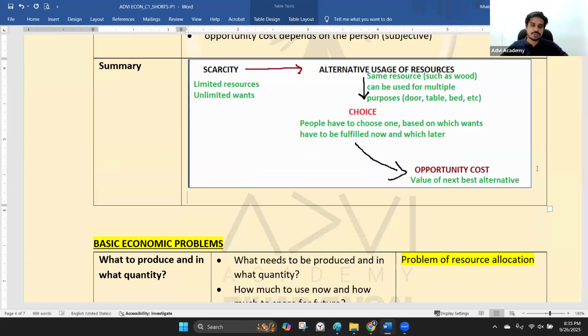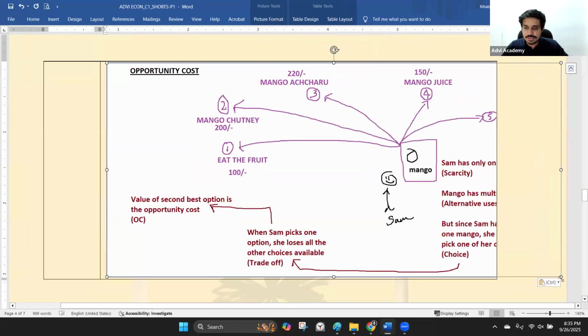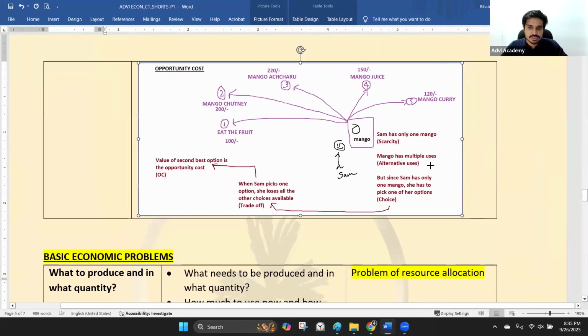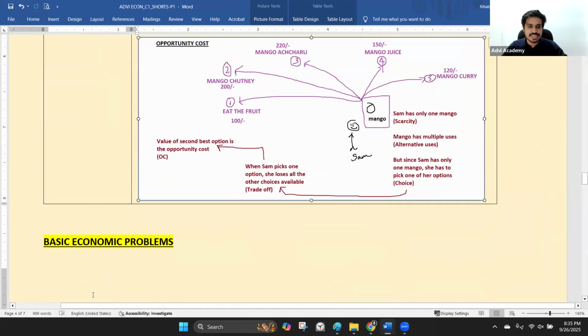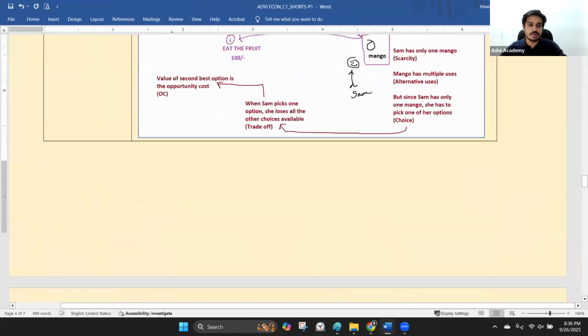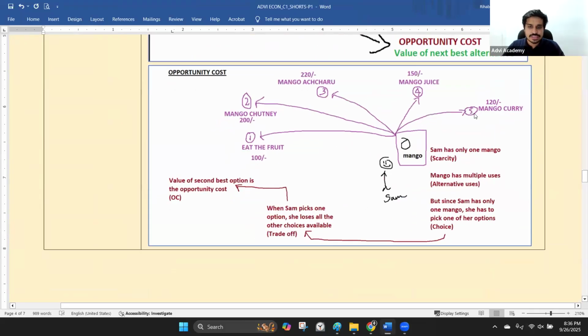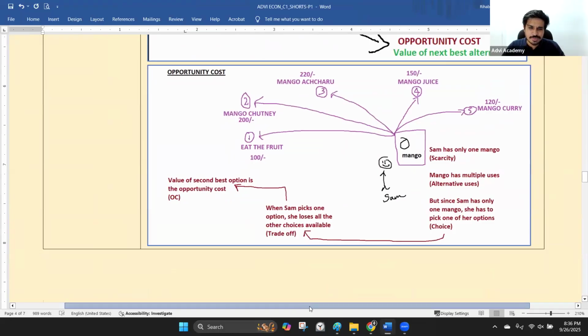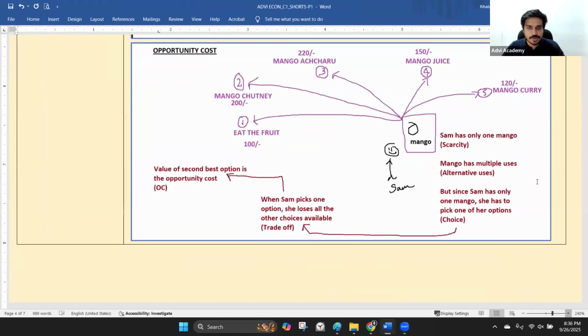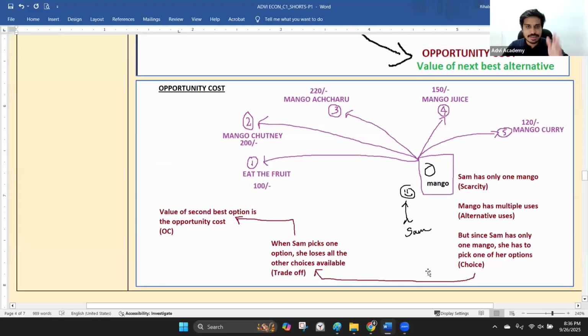And I will give you a summary for opportunity cost also, right? Maybe put another one for opportunity cost as well. This is a good summary for opportunity cost, right? Where we have said, look at this. This is that mango. So you can take a screenshot of this. I will give you time. Hold on. So look at this mango example that we have explained. If you can remember this itself, you are good to go, to be honest, right? So this is that mango example.